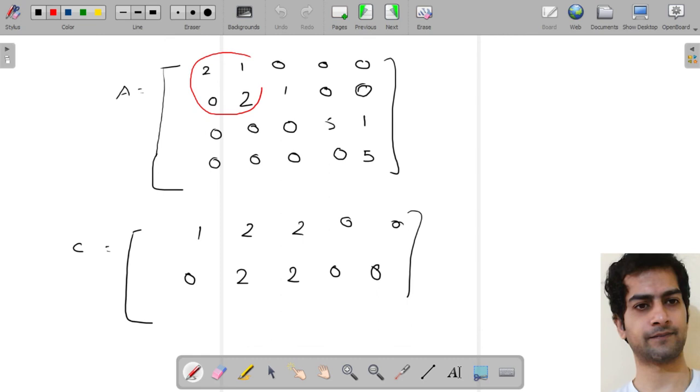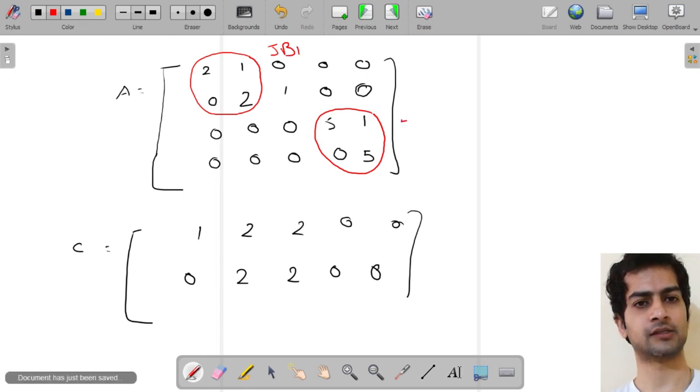This is our JB1 and this is our JB2. So here this is our JB1 and this is our JB2. Now what I told you, we have to refer first row of JB1. This is the first row of JB1 and corresponding to this first row of JB1, we will refer first column